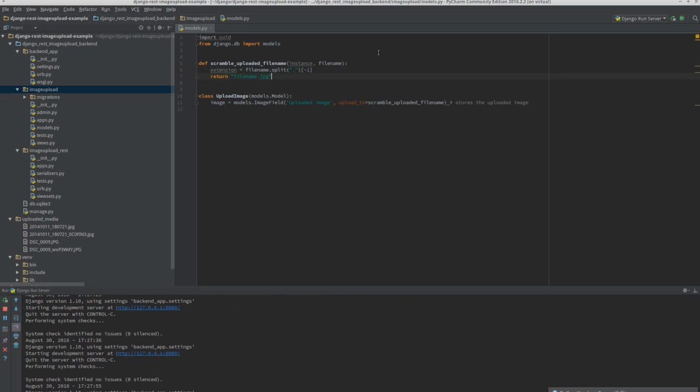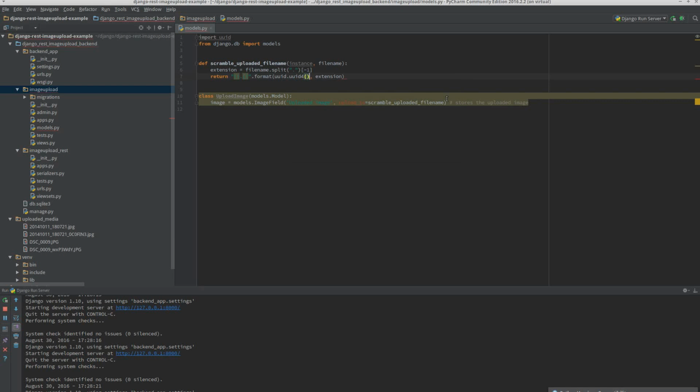Second, we need to return something here. We do that by using strings. We can use format with a dot and just feed it with whatever we need. We need some file name, haven't set it yet, and the extension. So we haven't come much further. We're still returning filename.jpg in most cases. We need to replace filename with a unique identifier. To do that, we simply replace this by